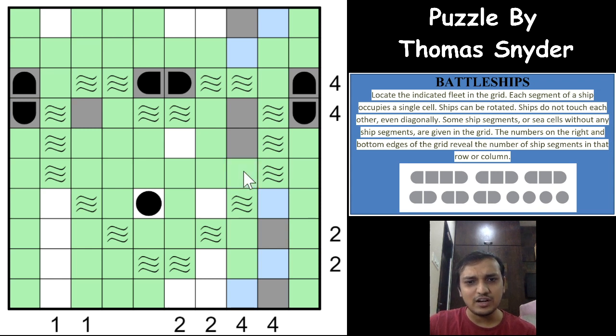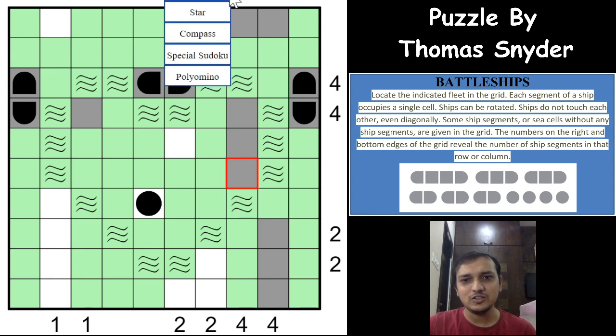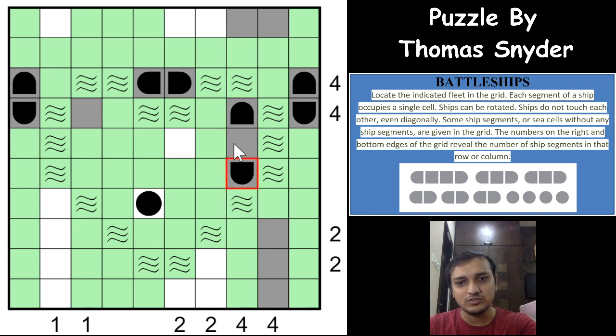Which means that I cannot unshade this. If I unshade this it again becomes a 2-cell ship segment, right? Which means I have to shade this, which means these both will be unshaded because of the diagonal rule. And now the 4 is only fulfilled by one way, right? You have exactly 4 cells remaining, which will unshade this as well and this as well. So we have formed 2 3-cell ship segments again, right? Let us mark those two, 4 6 and 2 here.